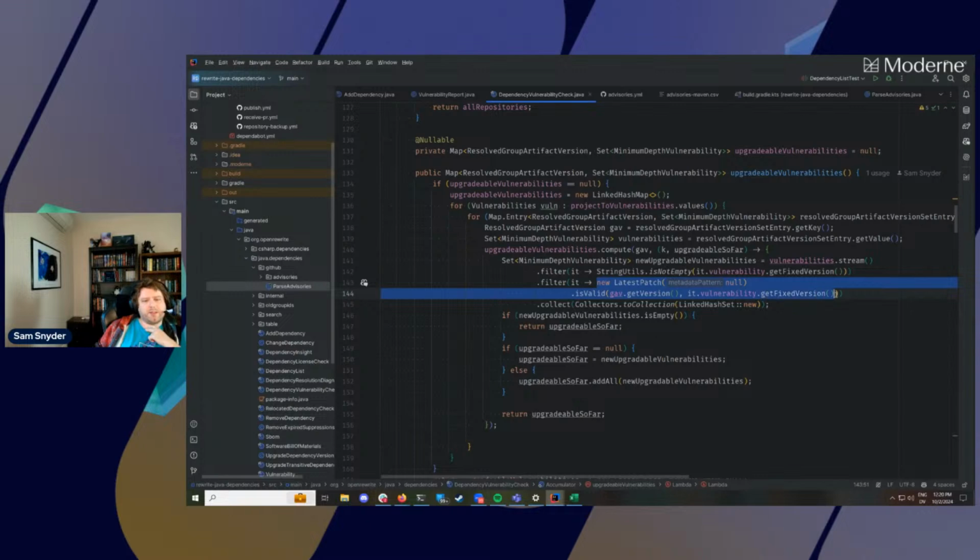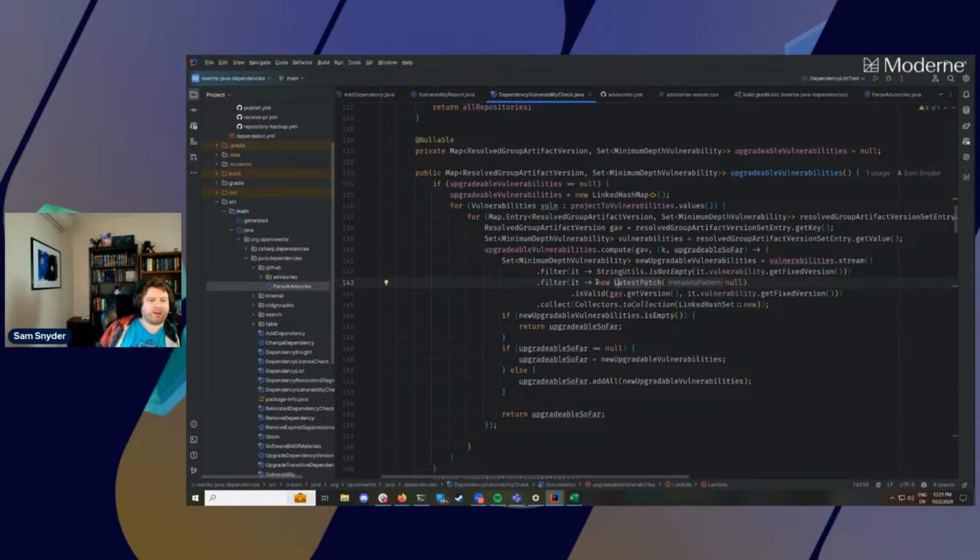An upgradable dependency is one that is only a patch version away from the version you're on. So you can kind of see here the logic that's going to look through all the vulnerabilities and filter it down to just the ones that have a fixed version, where the database itself includes a fixed version. Compare using the latest patch Semver class from Rewrite Core or from Rewrite Maven.